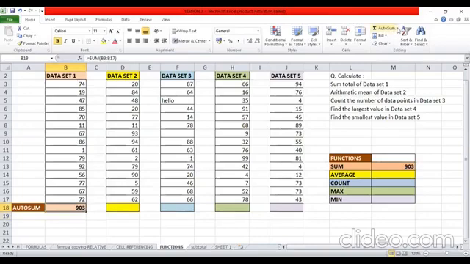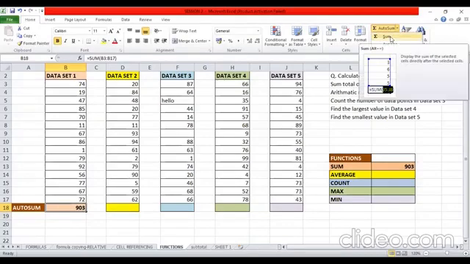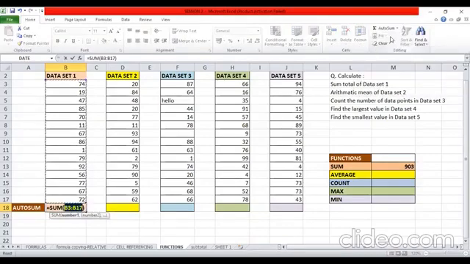Alternatively, if you look at the drop down list of AutoSum, here you can see the sum function. So I can also simply select this function and then press enter. It is automatically taking in range all the cells above the cell which have some numbers. So this entire data set is being assumed automatically. I don't have to define a range while using AutoSum. So press enter, you will get the result.